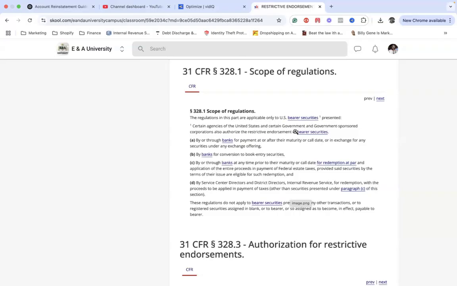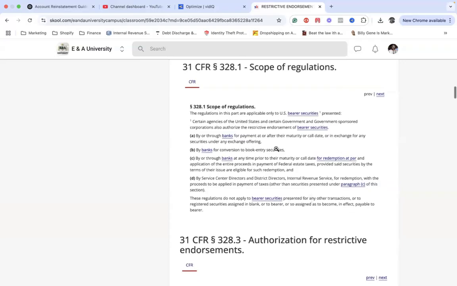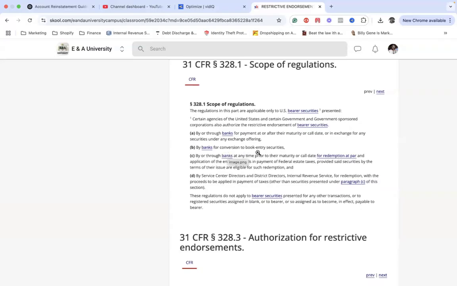Certain agencies in the United States and certain government and government-sponsored corporations also authorize the restrictive endorsement of bearer securities by or through banks for payment at or after their maturity or call date, or in exchange of any securities under the exchange offering, or for conversion to book-entry securities by or through banks at any time of their maturity or call date, for redemption at par and application of the entire proceeds in payment of federal taxes, provided the securities by the terms of their issue are eligible for such redemption, and